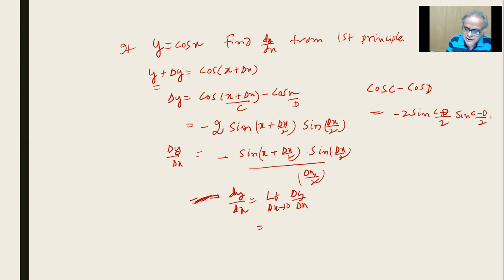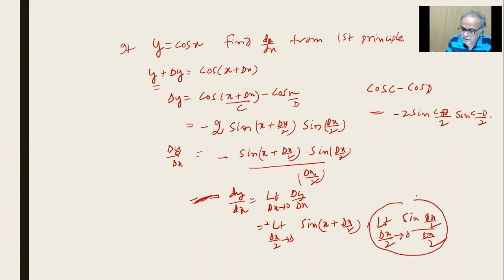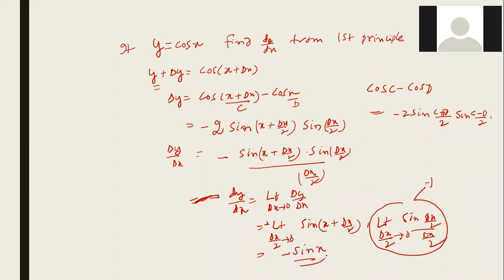Now here delta x by 2 is the quantity we got, so delta x by 2 tends to 0. First, the minus sign will be there, children. Sine of x plus delta x by 2. Write the limit for this also: limit of sine of delta x by 2 divided by delta x by 2. So tell me now, will this all become 1 like I told you previously? Yes, sir. And this delta x by 2 you put here, it will become 0. So what are we left with? The limit will give minus sine x. Minus sin x.